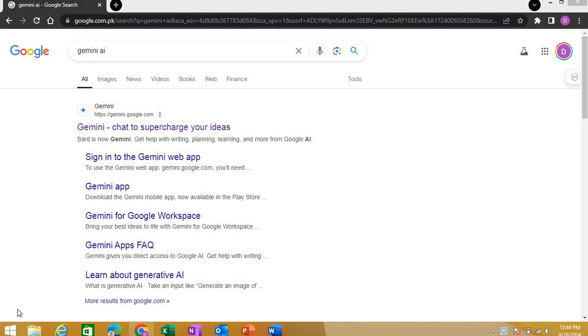Hello. So today I will be discussing this Google Gemini AI. Google Gemini is actually an AI tool from Google. It has both a paid and free version. So just write Google Gemini on this Google bar and click on this and you will land here on this